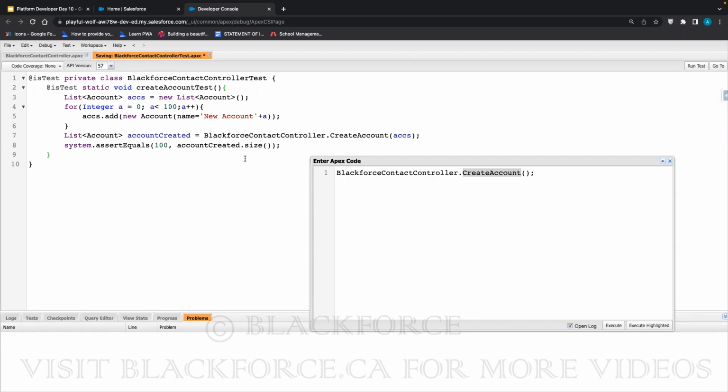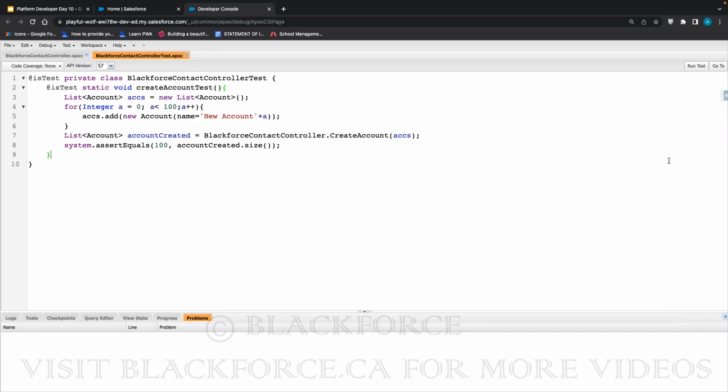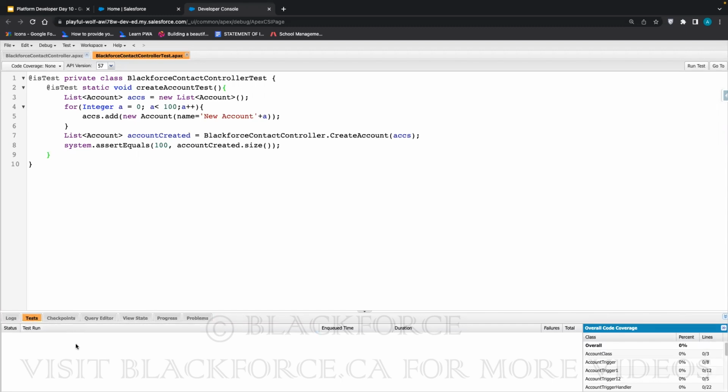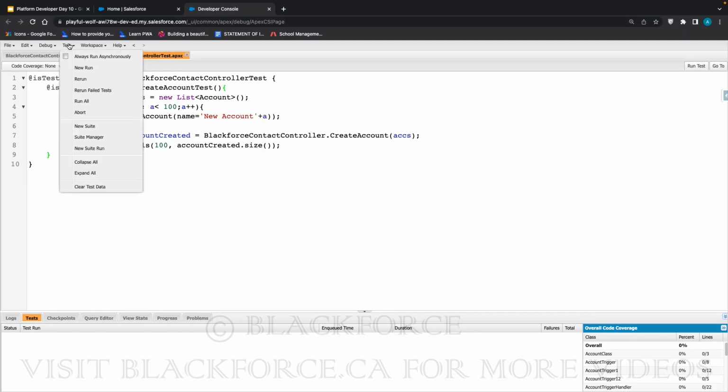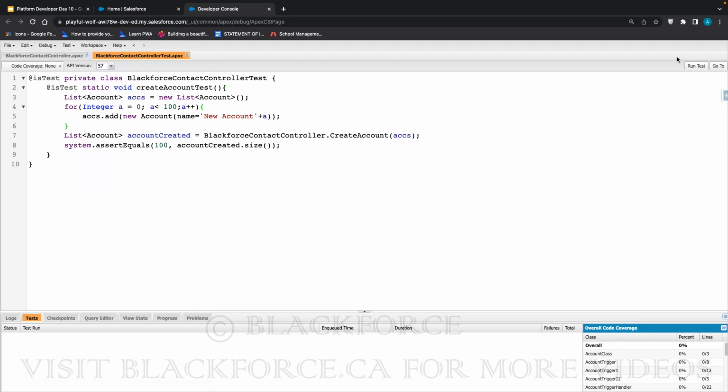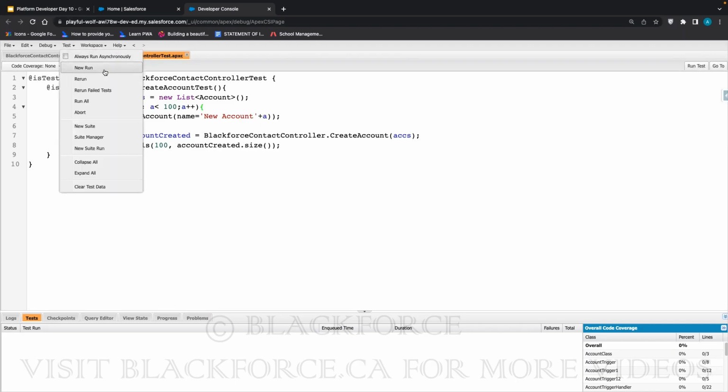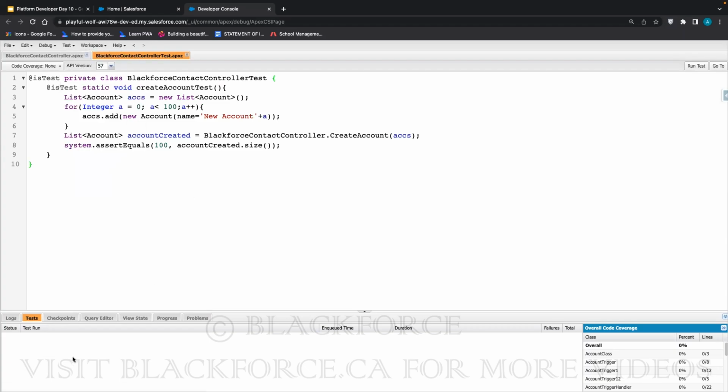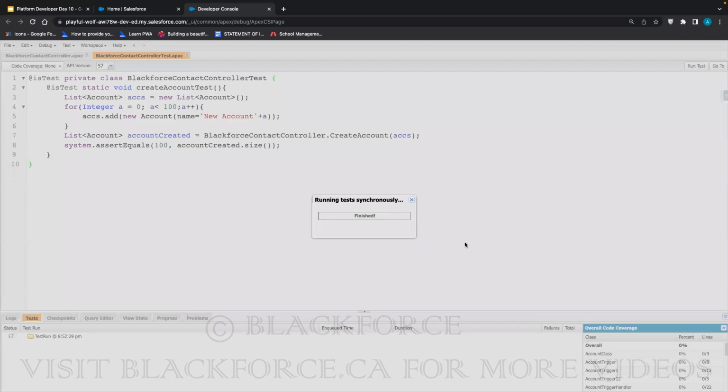So save this. Saved, then testing. Remember this place from a couple of weeks ago. There's the test where you get your result, and if you go up here, you have the test where you can say new run, or just say run test. There's new run. If you've run some before, you can do a rerun. Then you get a result here. So if I do run test,